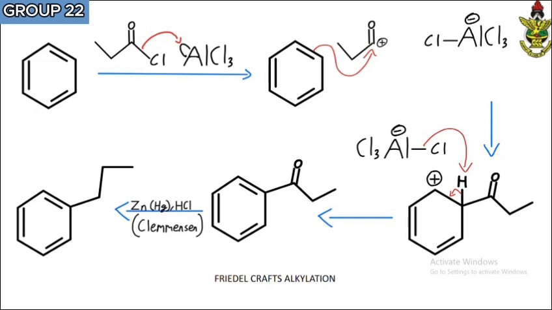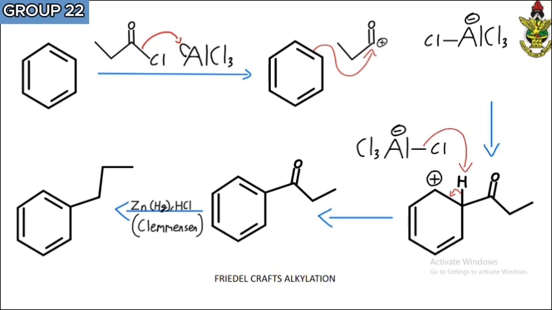And we can see that the chlorine attacks the aluminum chloride to form a carbocation, or an electrophile. And in this case, the aromatic compound attacks this carbocation, and then in the end we can see that there is one hydrogen left. Now for that particular carbon to regain its double bond,